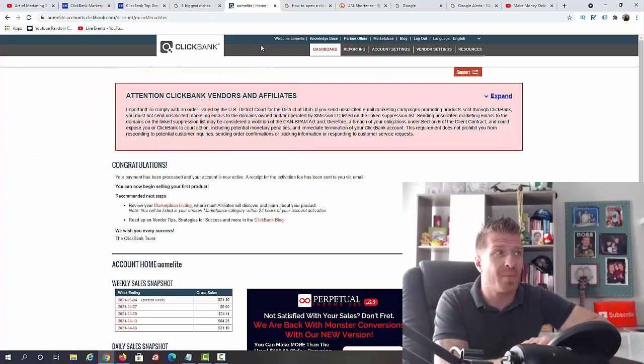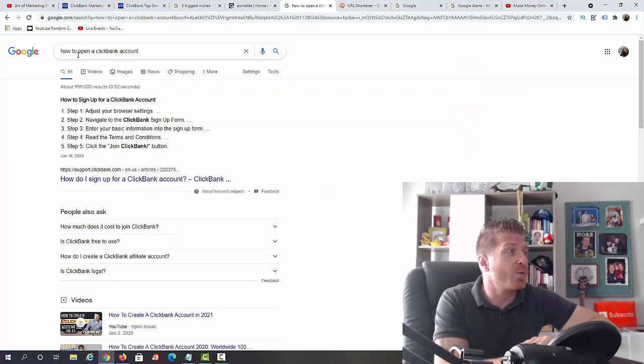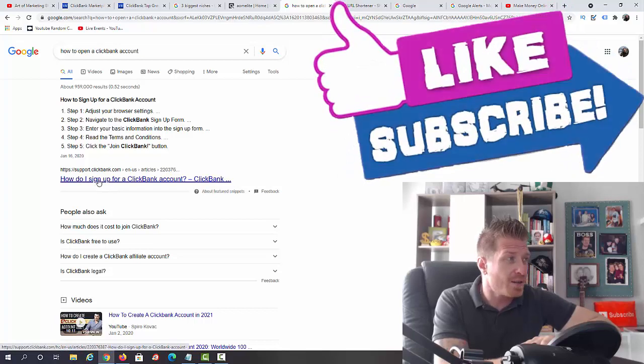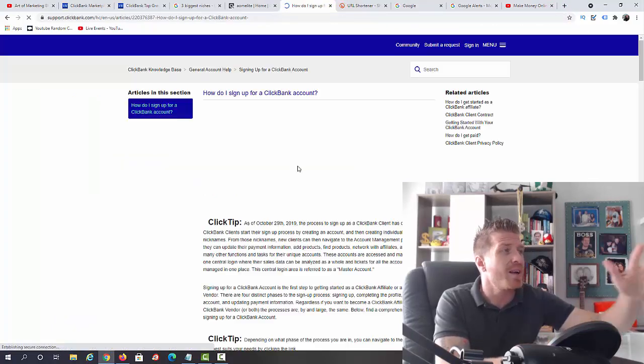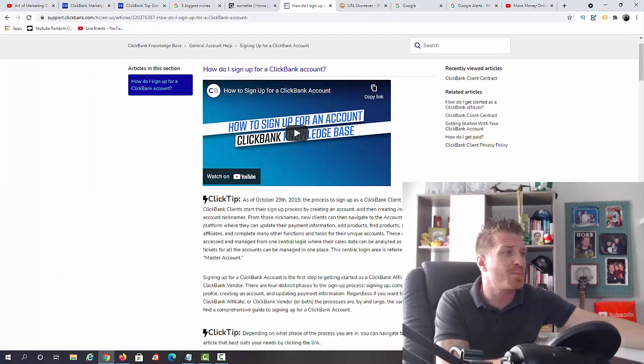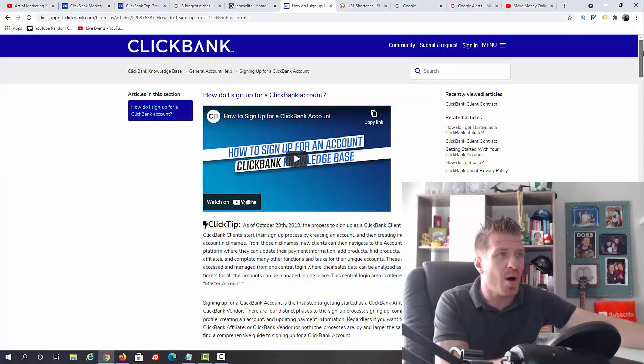So if you don't have a ClickBank account, you can just type in how to open a ClickBank account into Google, and you have an article right here. This is the first position right here. How do I sign up for a ClickBank account? And they have a full blog post explaining it. So if you don't know how to do it, if you're not a techie person, just look it up on